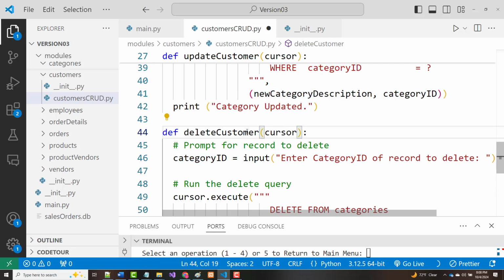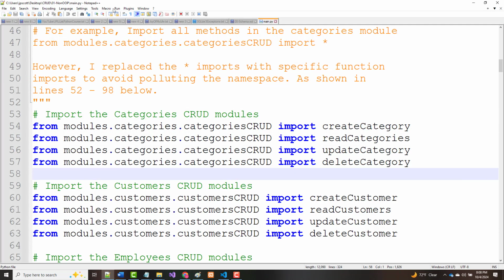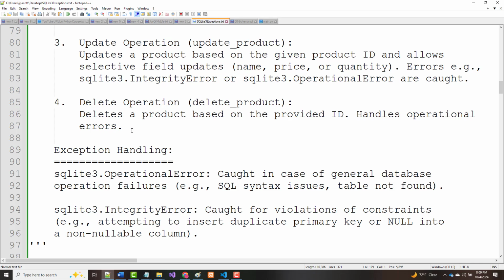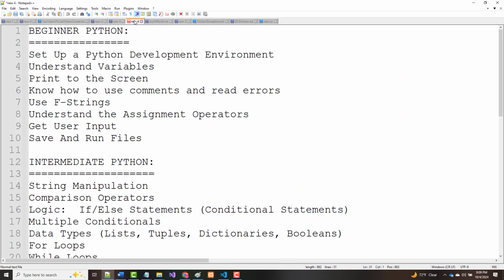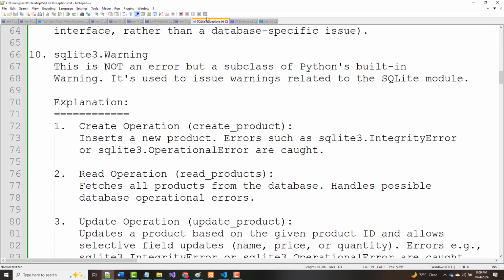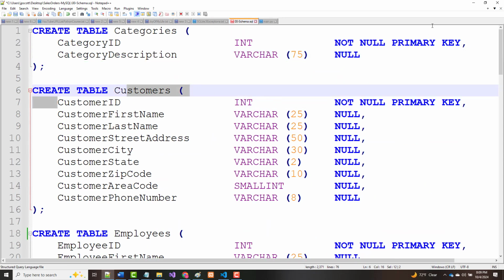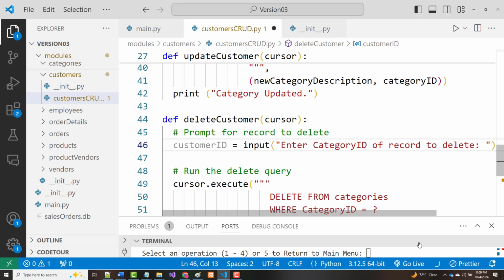Now let's do the two easiest ones first. This will become, I believe, customer ID. Let's double check. So let's go back. Okay, so where are we? It's in here someplace. There it is. So customer ID is the key field. Okay, so we can come in here and say customer ID says input customer ID